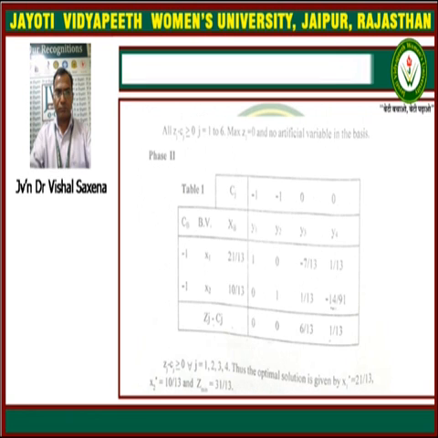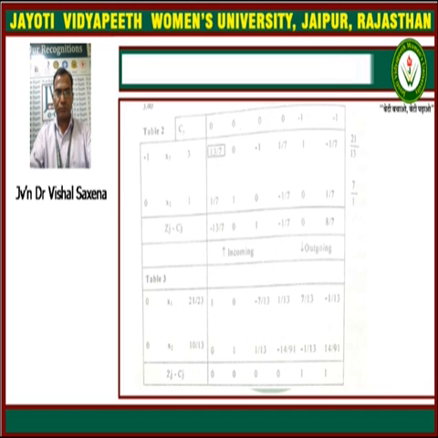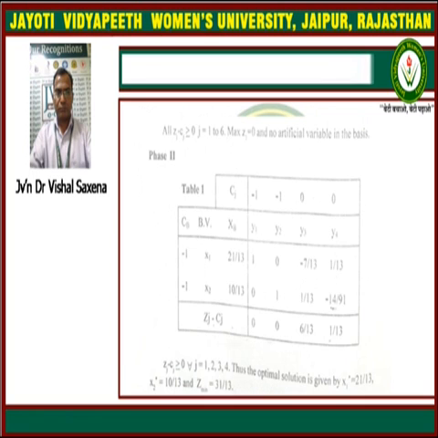In phase two the same table is taken here. We take the basic variables x1 and x2, as previously written, and the table is the same, but now we have to take the original costs as given in the actual question. So the costs of x1 and x2 are -1 and -1, the costs of x3 and x4 are 0, 0, CB consists of -1 and -1, and XB are given there.